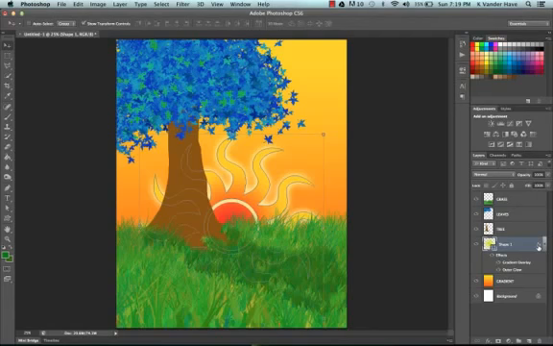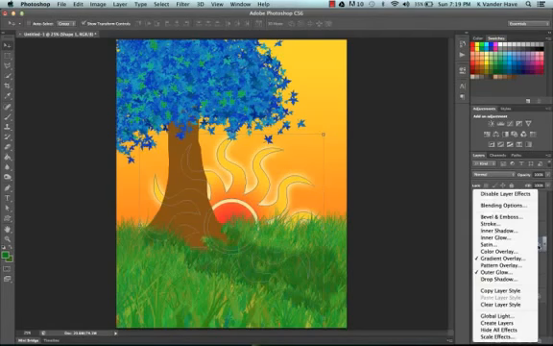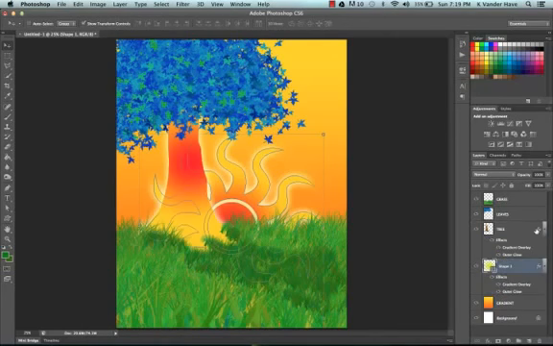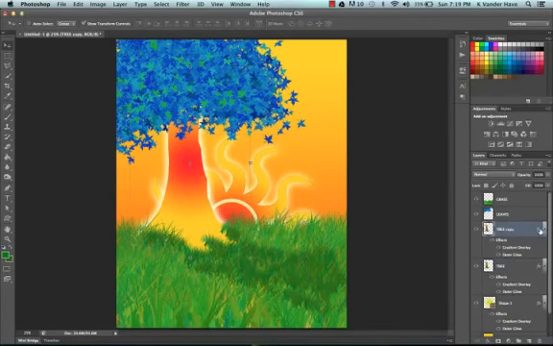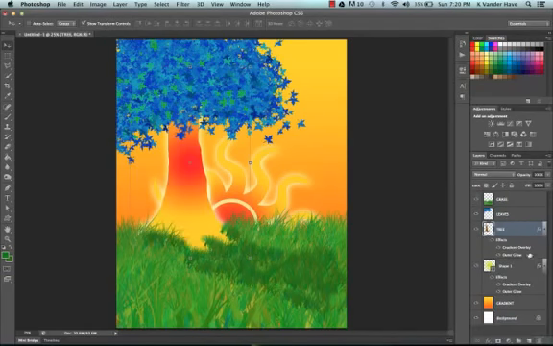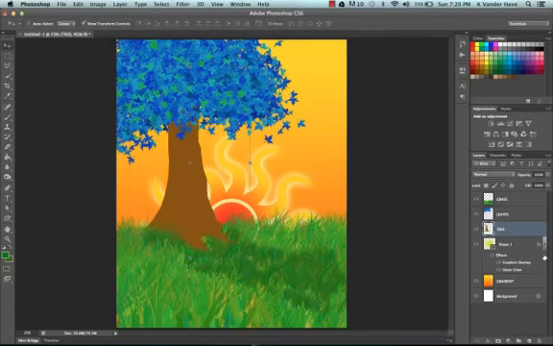Now say for instance you want to take this FX and you wanted to copy it to something else. A couple different ways you could do this. You could right click on it and choose copy layer style and then paste it onto another layer, or you could click and hold Alt on your keyboard and drag it to other layers. Okay, notice you get that double arrow that will allow you to do so. But I don't really want that there, so I'm going to get rid of it. Get rid of that copied layer too. Oh, I don't want that one either. Let's get rid of that. Okay, so now we have